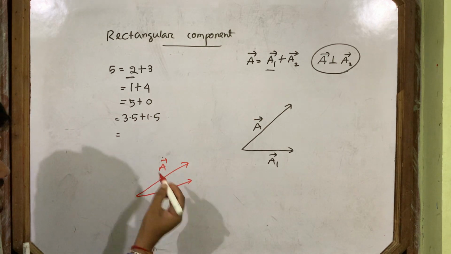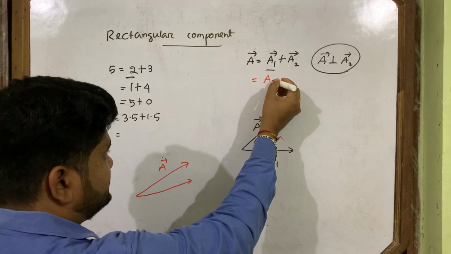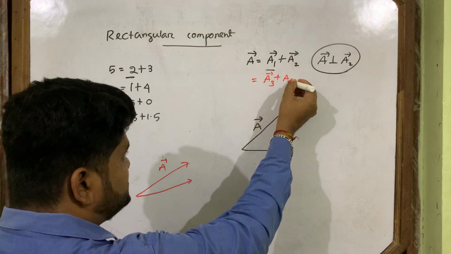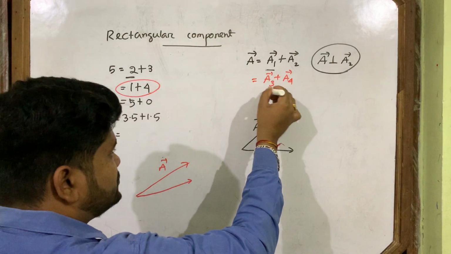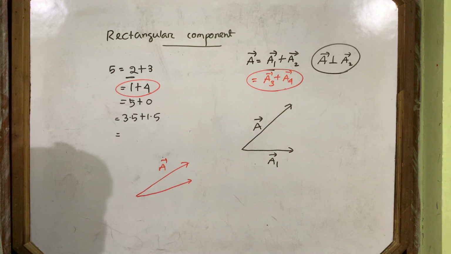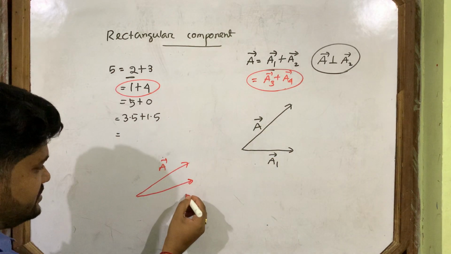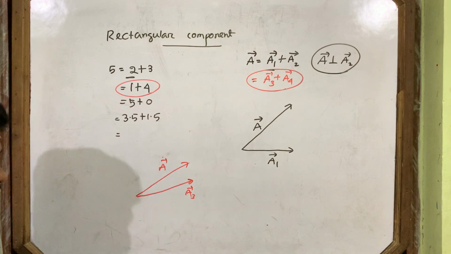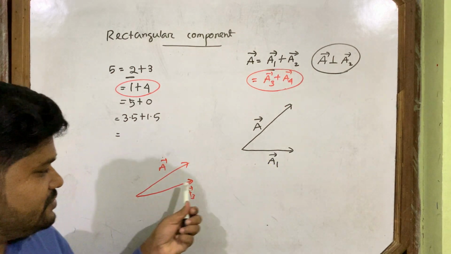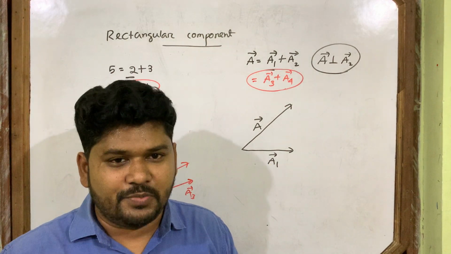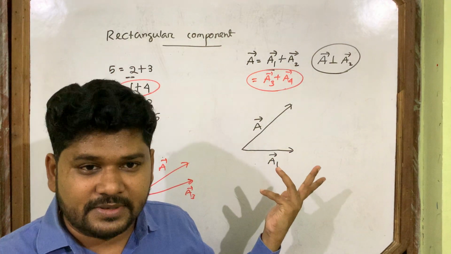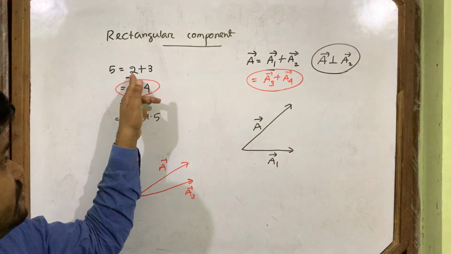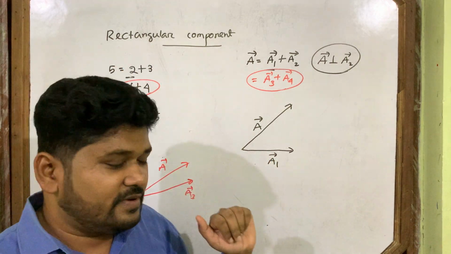No problem. Okay, suppose another pair I am writing, a3 plus a4. Just like with this pair, 1 and 4, I also choose another pair like this. Clear? a3, a4. I can choose. This is a3. So the first vector you can choose in any direction, no problem, because you choose the first one randomly. Okay, as you choose it randomly, I also choose the a1 like this.